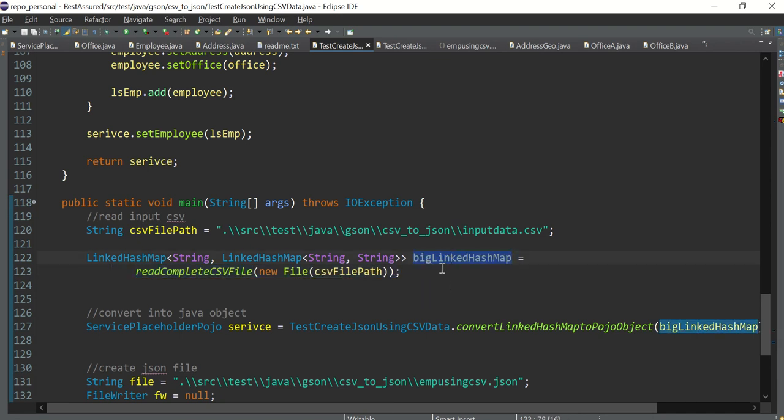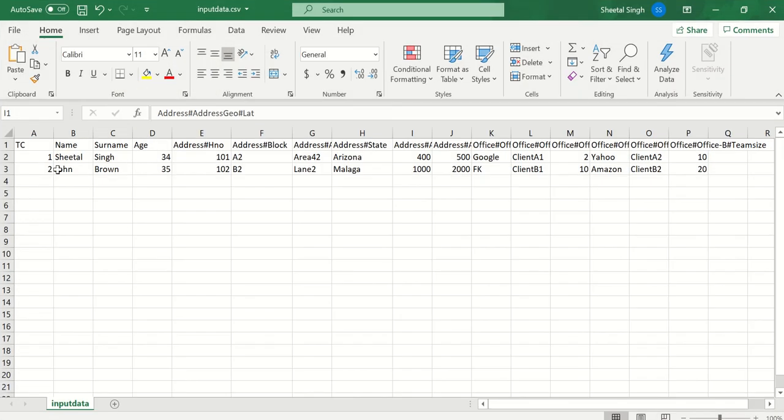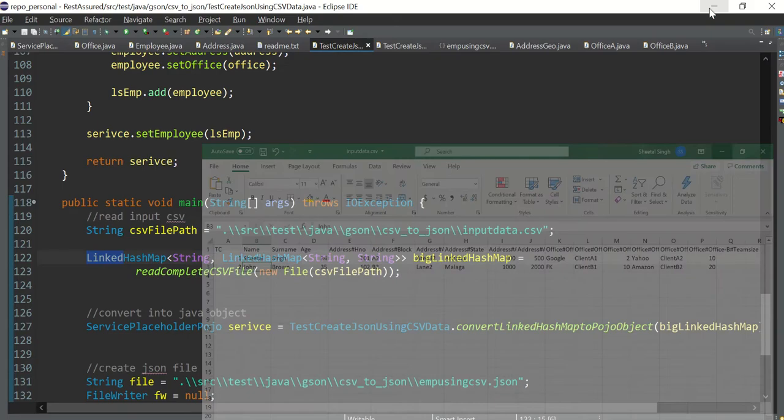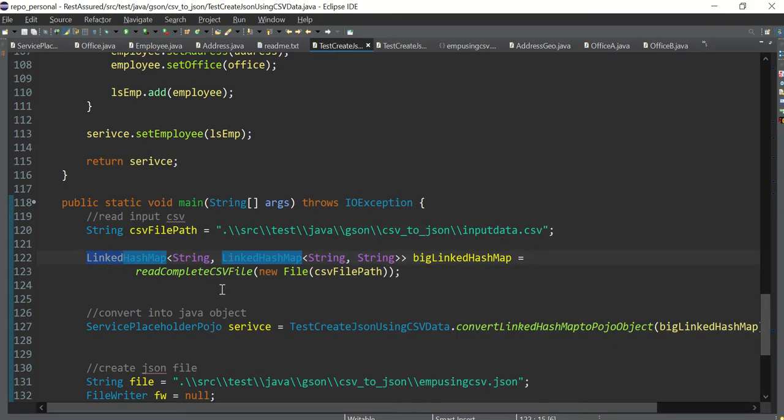Why am I saying big? Just to show you that it's a map of map. Why have I used linked hash map? Because you know that linked hash map will maintain the sequence. So the first employee will always come first, the second employee will always come second. That's why I have used linked hash map, and it's a map of map.